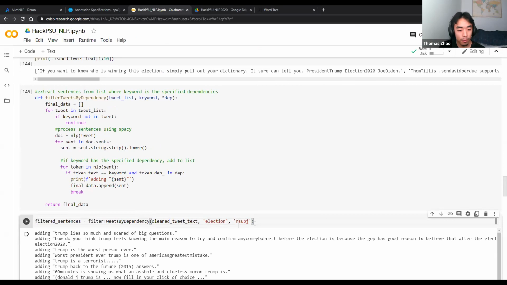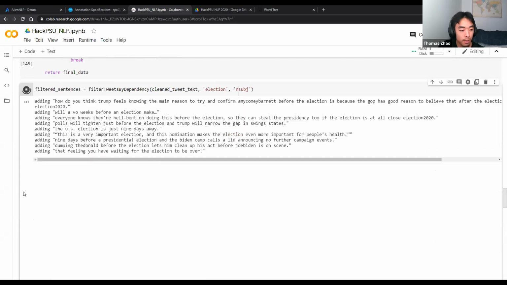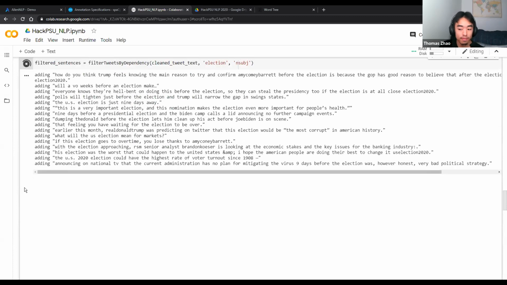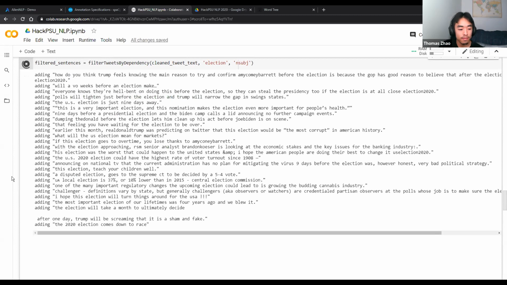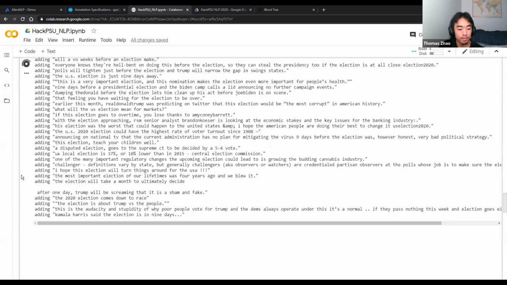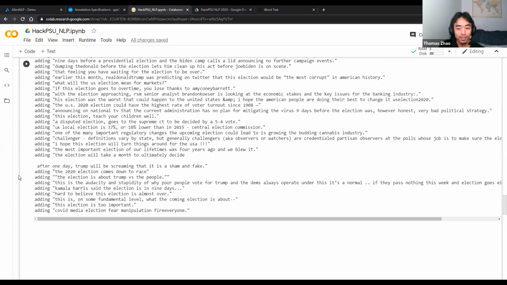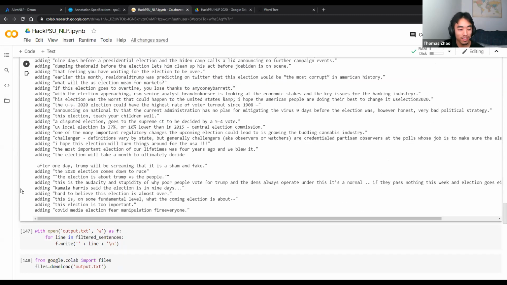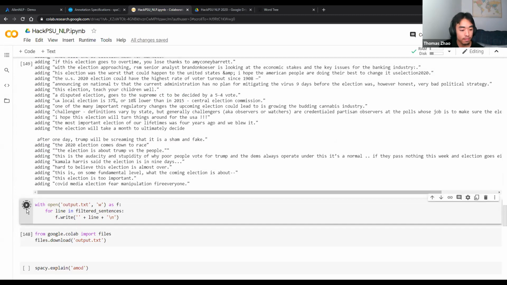Let's see what people are saying about the election in general. So we'll filter here. I was going to use a bigger tweet data set, but it turns out this is actually pretty slow, so I only have a couple hundred tweets in this data set.